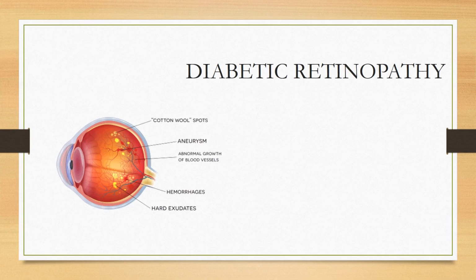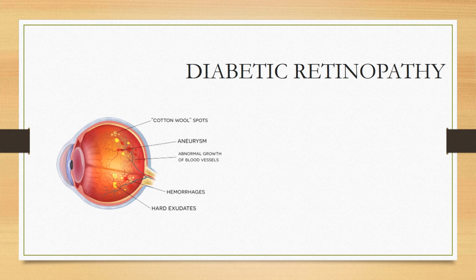In the last class, we have just seen the pathogenesis behind diabetic retinopathy. In today's class, what we are exactly going to discuss is what are all the changes that occur in case of diabetic retinopathy in the retina. So, how it is occurring and what are the causes for those changes. These are the things that we are going to discuss in today's class.